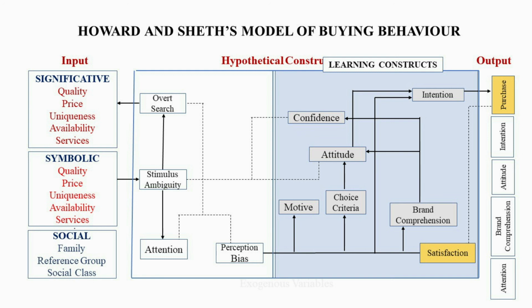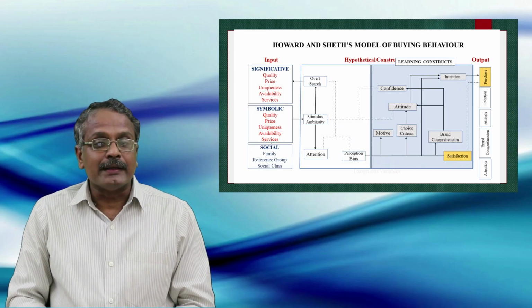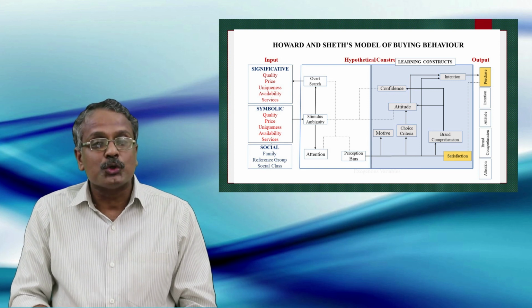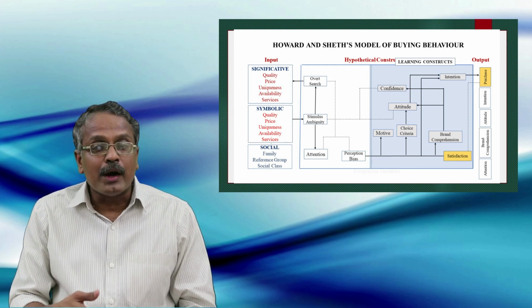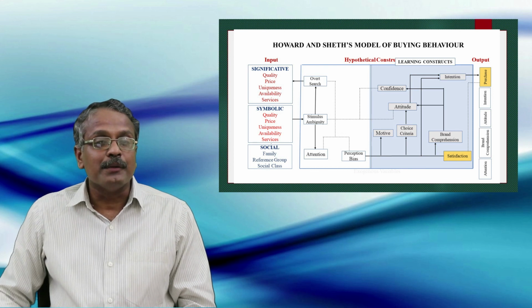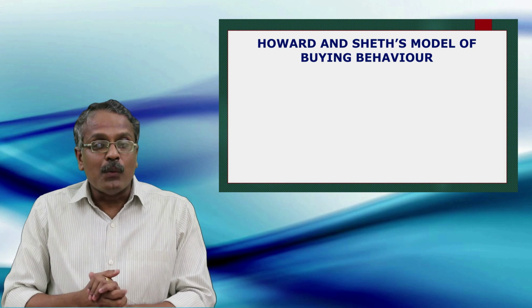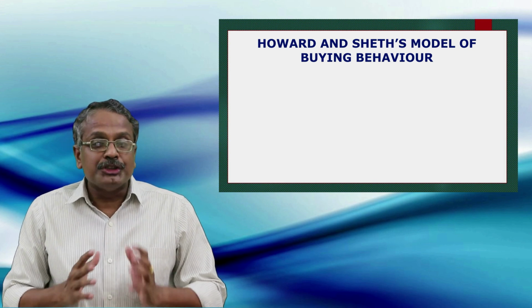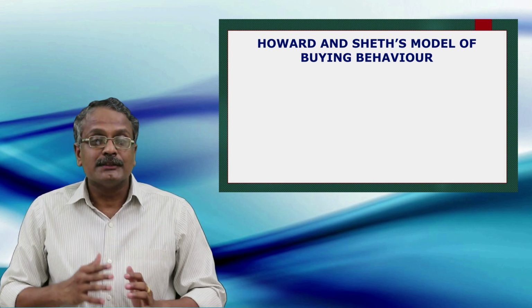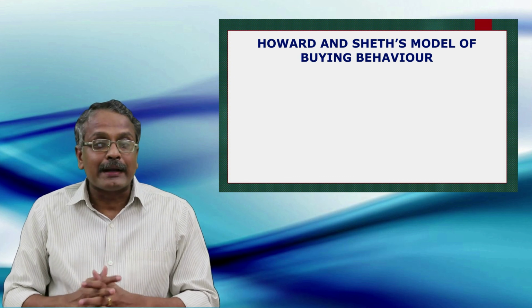Similarly, some dotted lines are also starting from attitude and confidence, showing that the attitude and confidence created out of first evaluation will be added to the attention and perception. This clearly shows that the level of attention and the nature of perception formed towards the product at the beginning may be different afterwards. According to Howard, this model is a sophisticated integration of the various social, psychological, and marketing